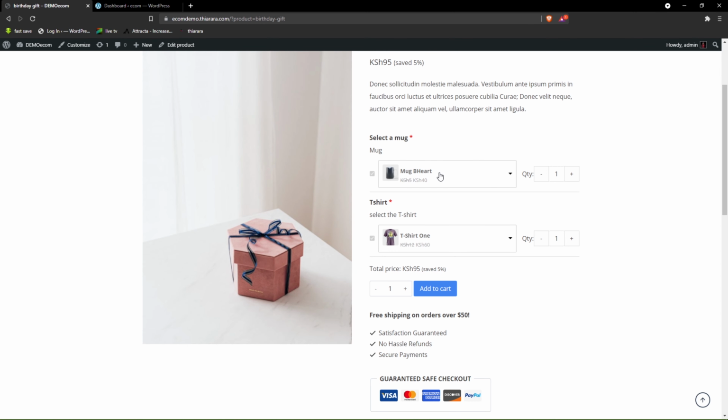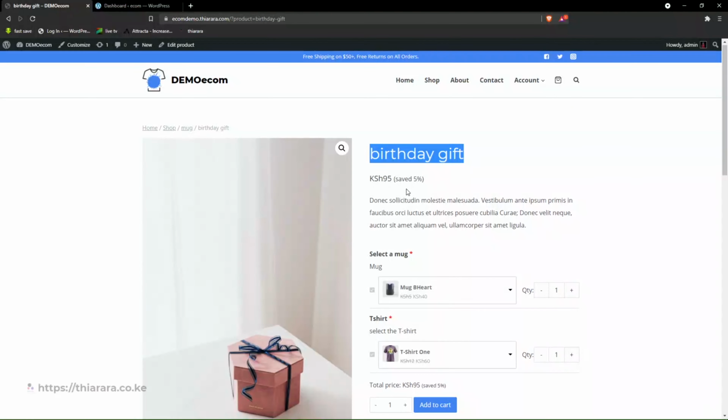One thing we have to know is that for this WooCommerce composite product, one will have to select all those products needed to be included in the gift. This can work even for those selling different packages, or those who just want to sell a bundled product. For instance, the one we have is a gift